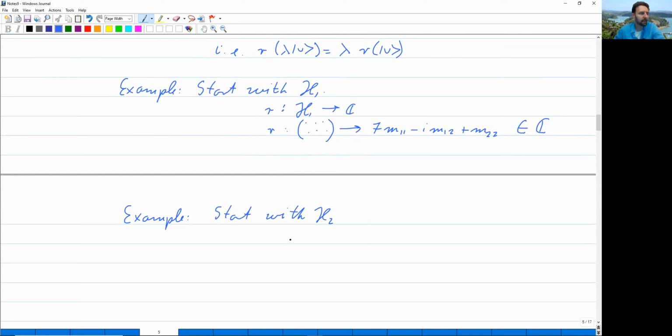H2 was the complex vector space of functions that map R2 into C. So our R is mapping now H2. I mean, this R has nothing to do with the R above, right? So let me call it R tilde. So this is mapping H2 into C, namely how? Let's say that R tilde is mapping our function f. F is a function over the xy plane, complex valued function. It's mapping that into, let's say,